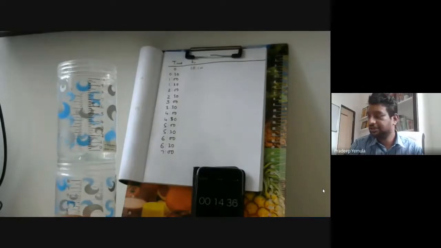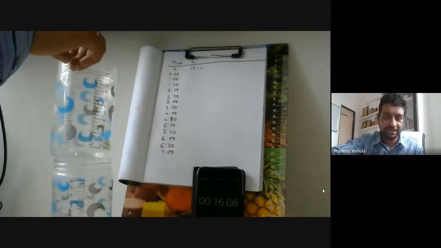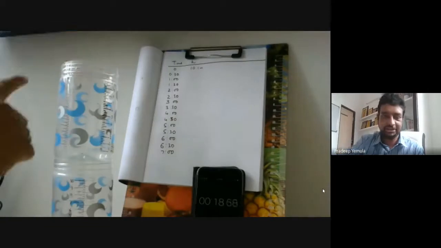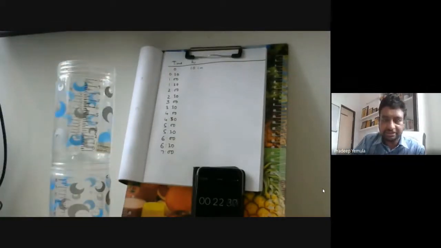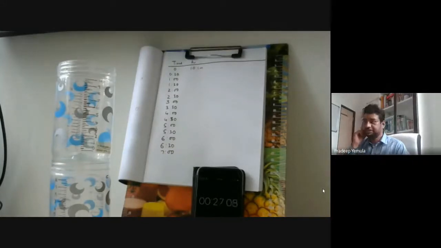So I will fill the top glass, and then I will leave it here. And as the water is coming down, we can see the measurement and we can take the reading. So let's do that here. So I'm getting some water on this.